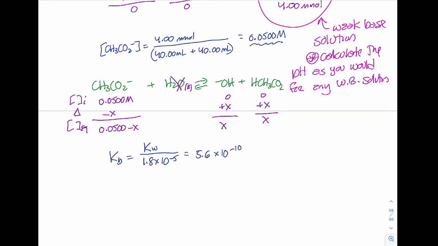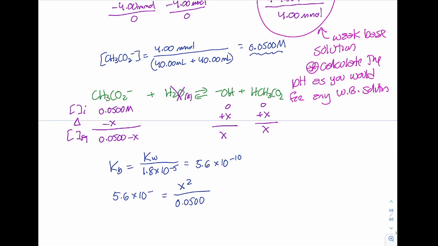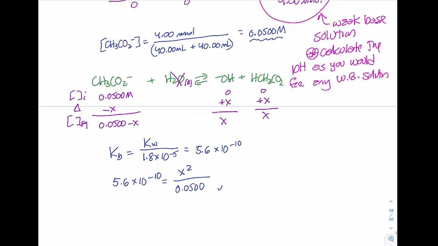So that number is going to equal my concentration of hydroxide ions, X, multiplied by my concentration of acetic acid, so X squared, over my concentration of acetate ions, which is 0.0500 minus X. But because my Kb is small, it's actually smaller than 10 to the negative 10th, we can ignore that minus X. Solving for X,